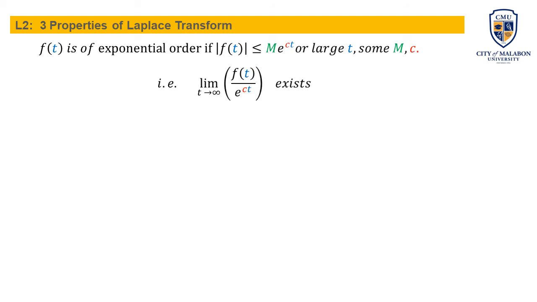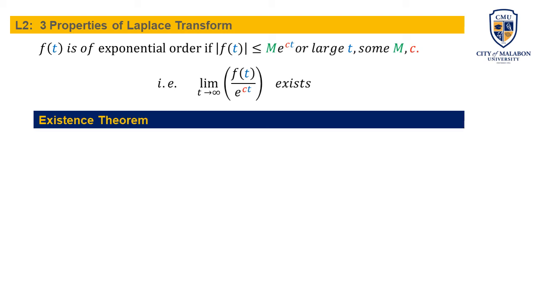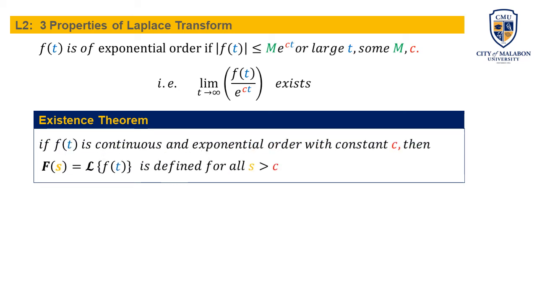Therefore, the limit as t approaches infinity of f of t over e to the ct exists for exponential order functions. So, in this regard, let's discuss the existence theorem. The existence theorem states that if a function f of t is continuous and of exponential order with constant